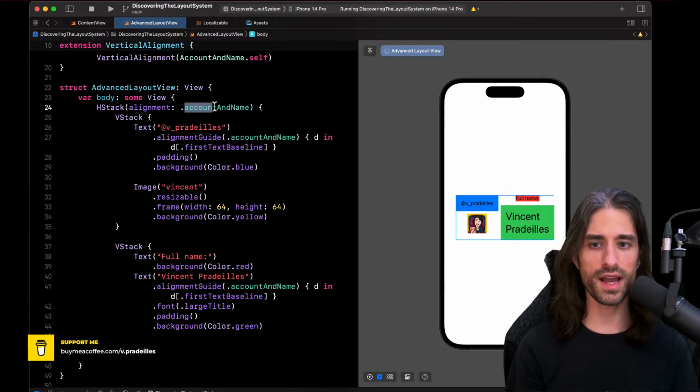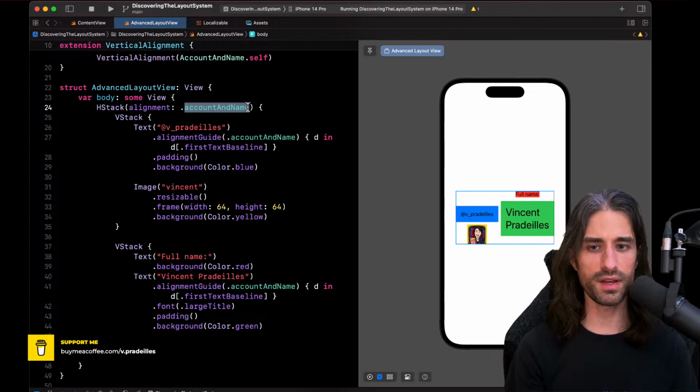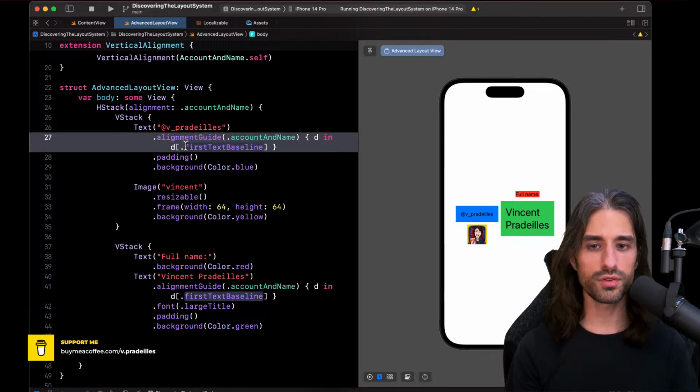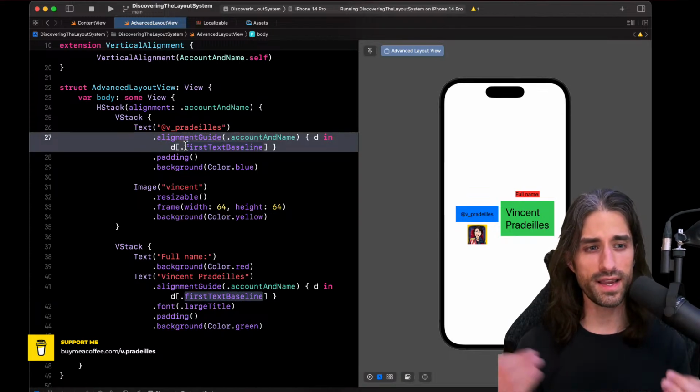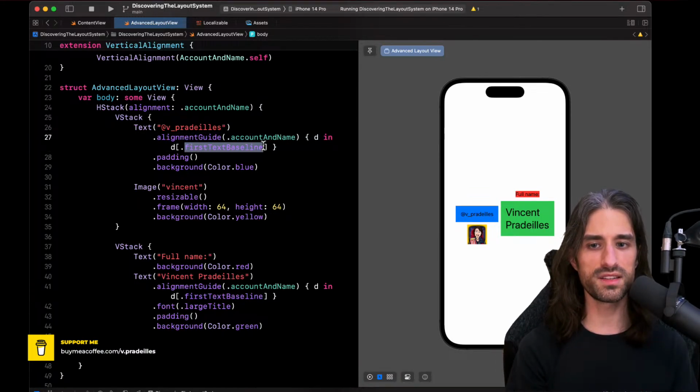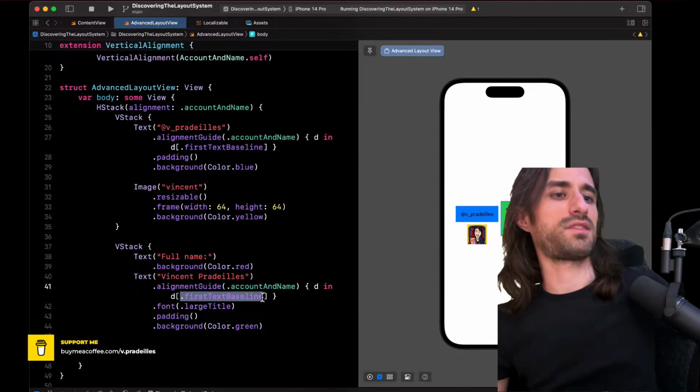And so here, when account and name is used as an alignment guide, the value you should take into account to align the two together is the first baseline of this text and the first baseline of that second text.